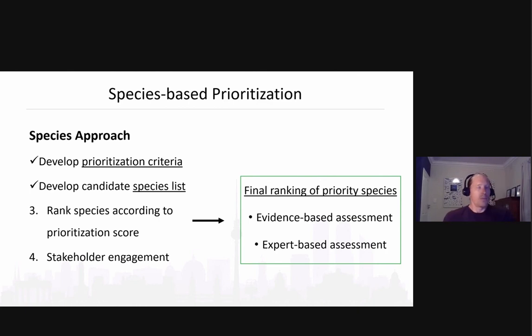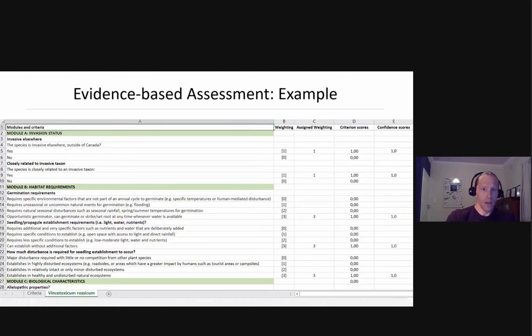So then the next step, and bear in mind, this is all still that evidence-based assessment approach. So we're just looking at what is available in the literature to inform this assessment. And this just shows you the overall framework that we developed in a spreadsheet format. So you're familiar with what I walked you through earlier, and this is just those criteria and sub-criteria expanded, just to give you an insight into how it would look. With our modules here highlighted in green, the criteria or sub-criteria in bold, and then the respective sub-criteria and the options.